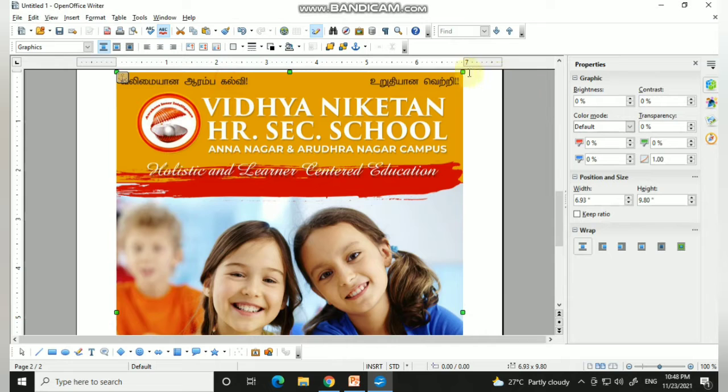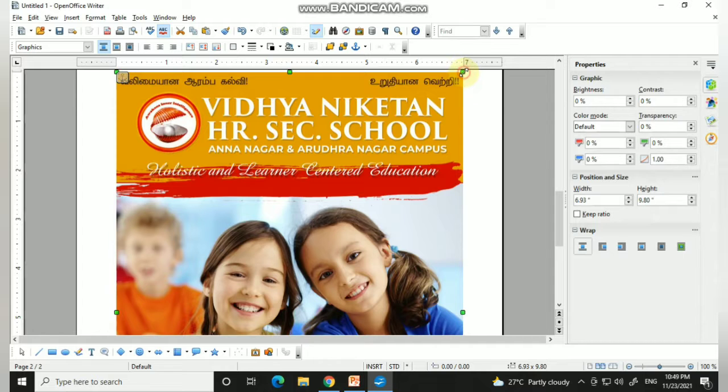If you see here at the corners, you will have small green boxes, and if you move your cursor, it will change into a double-headed arrow mark. This is for transformation, to reduce or to increase your image size.